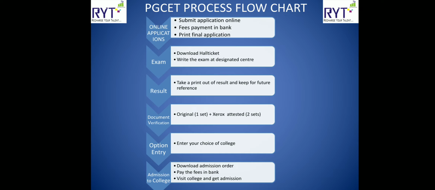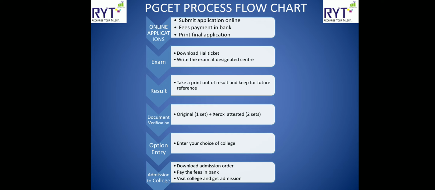Then at the end, once you are happy with the college you have got, you need to download that. You need to first say confirmation of the option entry, then download the admission order, and there will be some fees for that. You have to go and pay the fees in the bank. Once you pay the fees in the bank, they will give you back the challan. You have to carry the admission order and that fees challan, and visit the college which you have selected and get the admission done. This is the entire process.